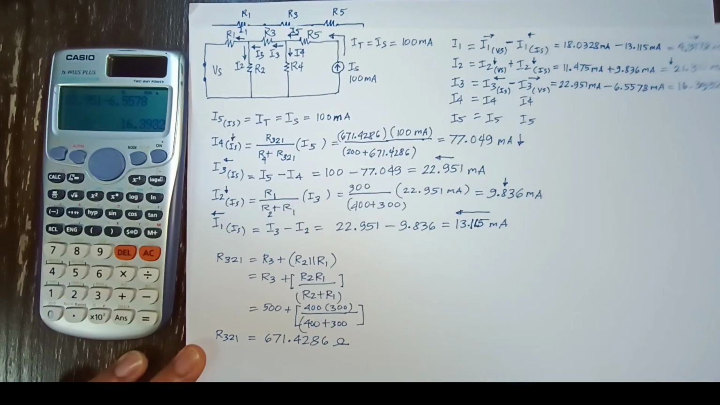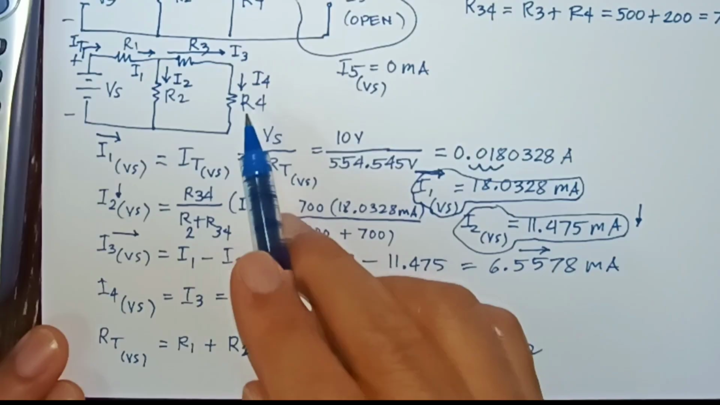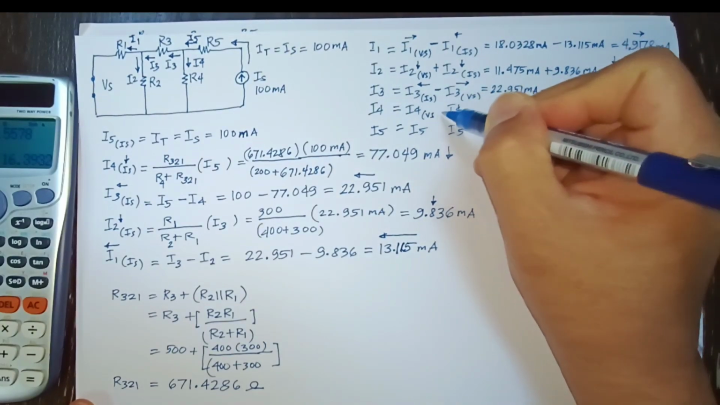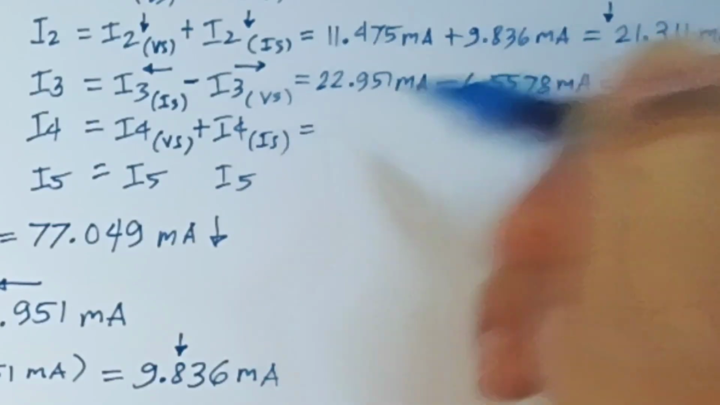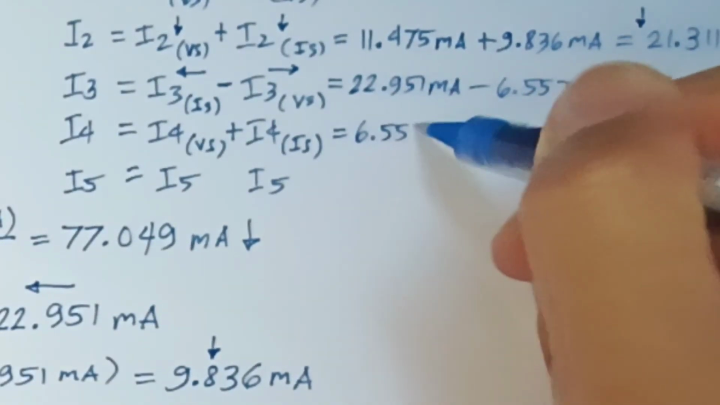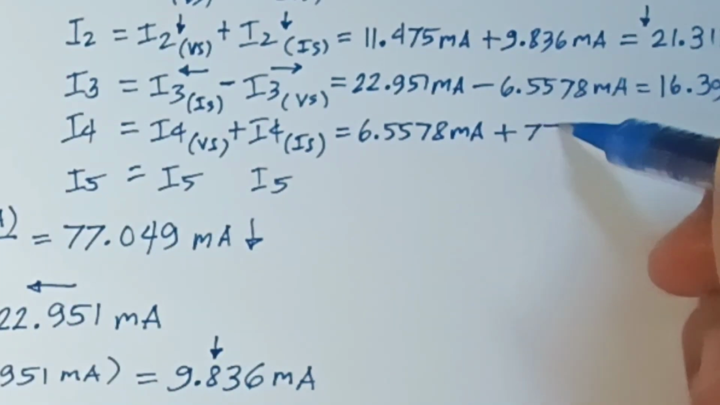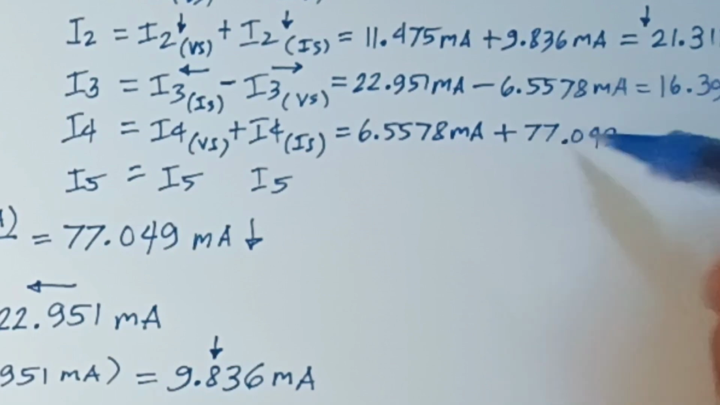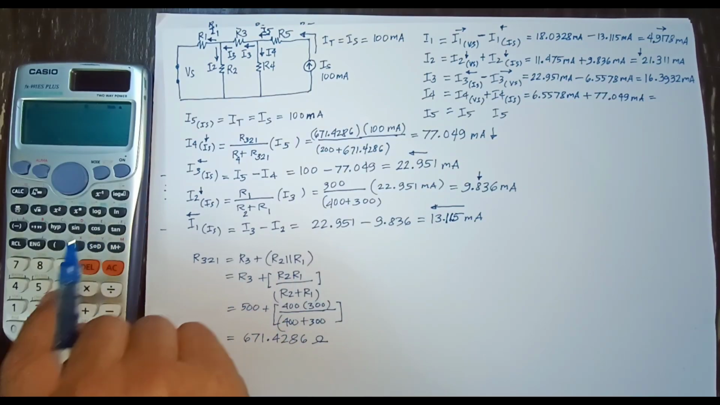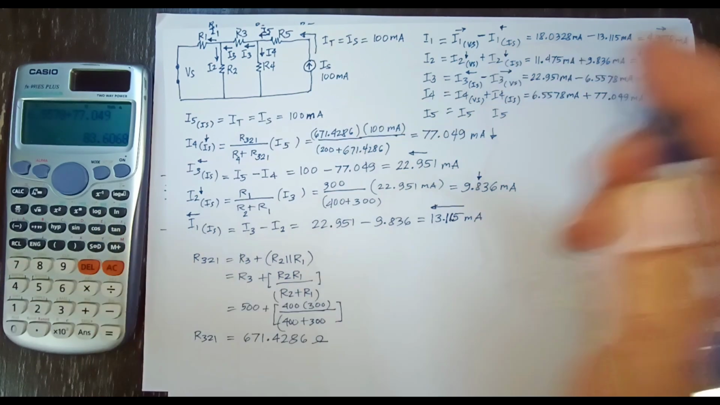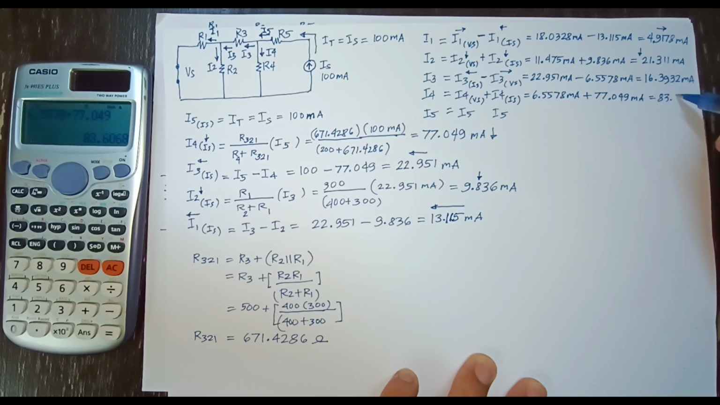And for I4, it's both going down with respect to each source. With respect to VS and IS, both are going down. Therefore, we can add the two currents for I4. Let's get the values of the two I4s. So we have 6.5578 milliamperes plus another I4 of 77.049 milliamperes, and we would get the value of 83.6068